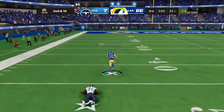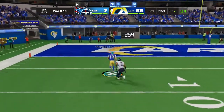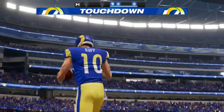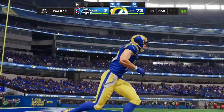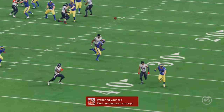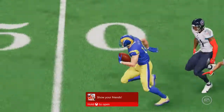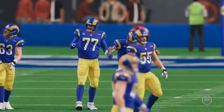Now this throw caught left side. 30. 10. Touchdown, Allen. Matthew Stafford does it again. 5 touchdown passes. And the Rams have got it on cruise control. And this is obviously quite a performance. And most of the time when we talk about someone putting a team on their back, I think we're talking about a guy who runs the football. In this case, it's a guy